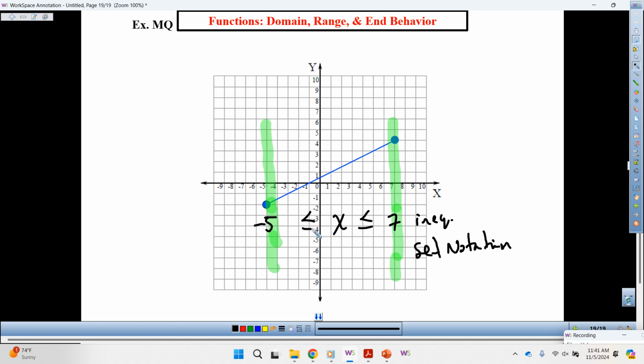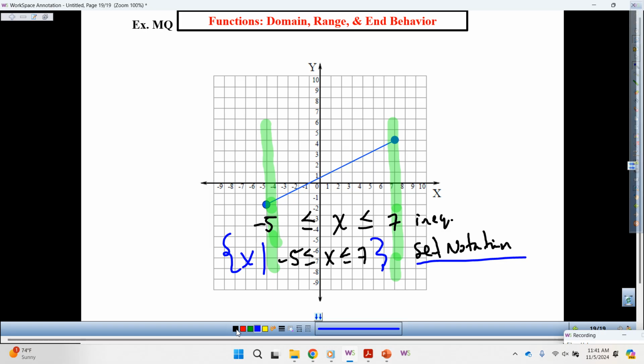All right, show your neighbor set notation for that. What did you write? Yeah, -5 less than or equal to x less than or equal to 7, but you write solution set of x such that, and you close it. That's what? Set notation. Lastly, I want you to write me interval